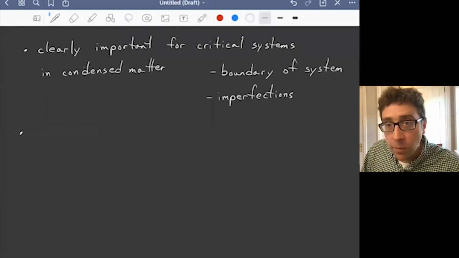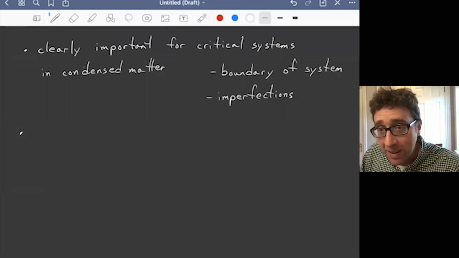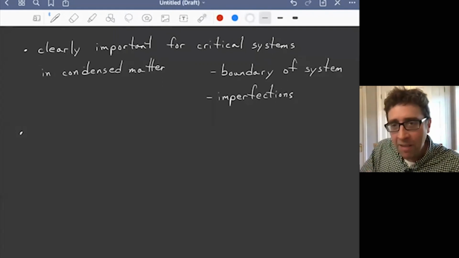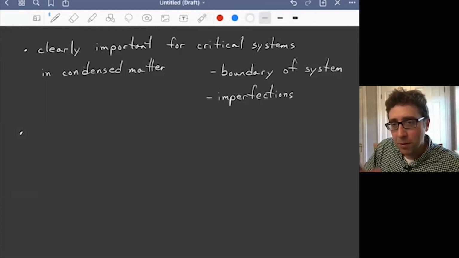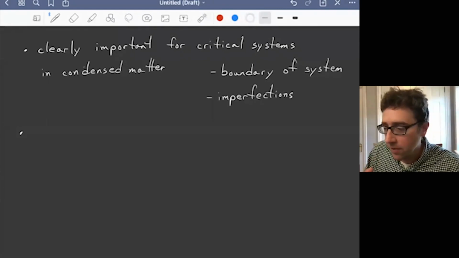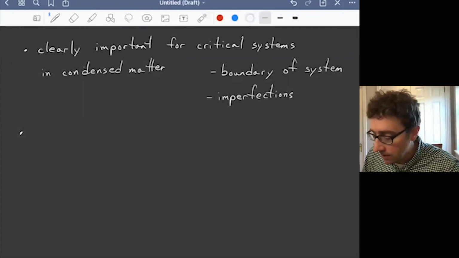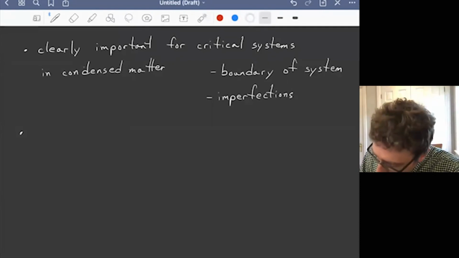So that's one obvious way of motivating the importance of these systems. But I have, at least from my perspective, a slightly more compelling one. I grew up as a string theorist, high energy theorist, and that's where most of my interest lies. And looking back,